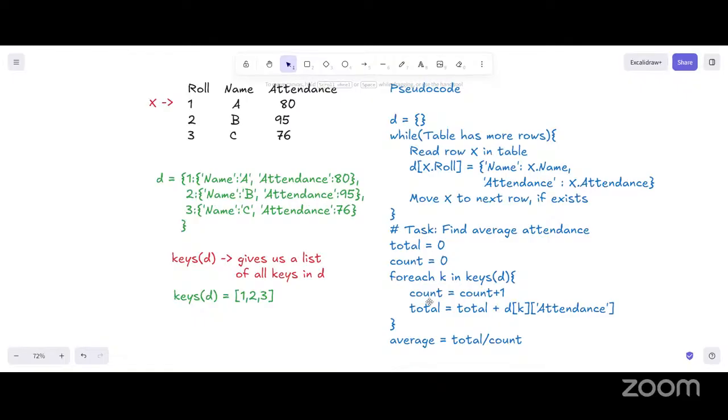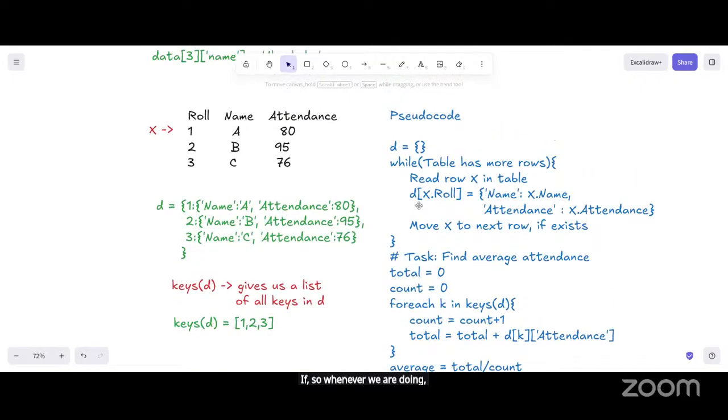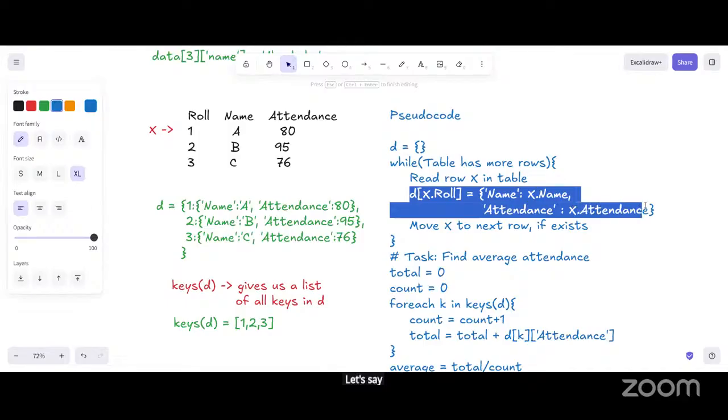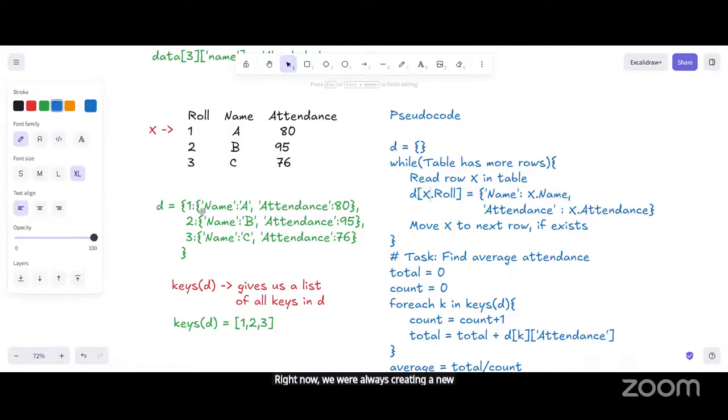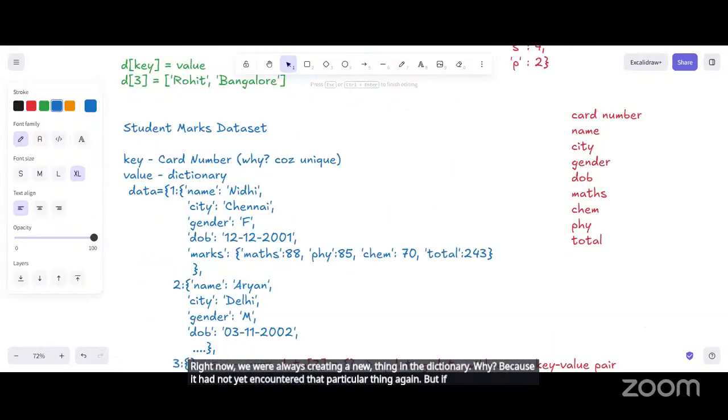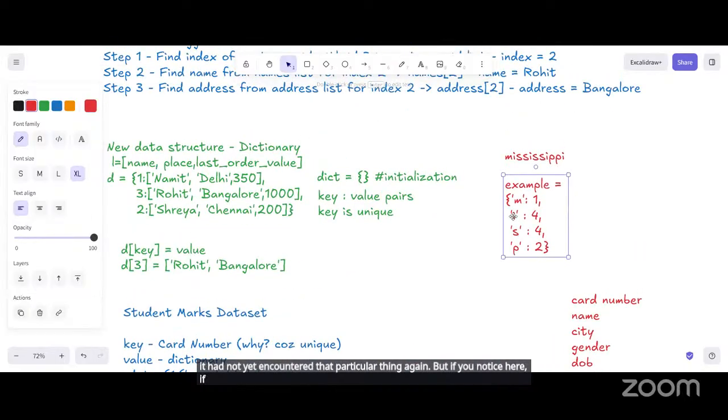So whenever we are doing this, let's say this I'm doing here, right now we were always creating a new thing in the dictionary. Why? Because it had not yet encountered that particular thing again. But if you notice here, if we want to write out the pseudocode for this, consider this to be